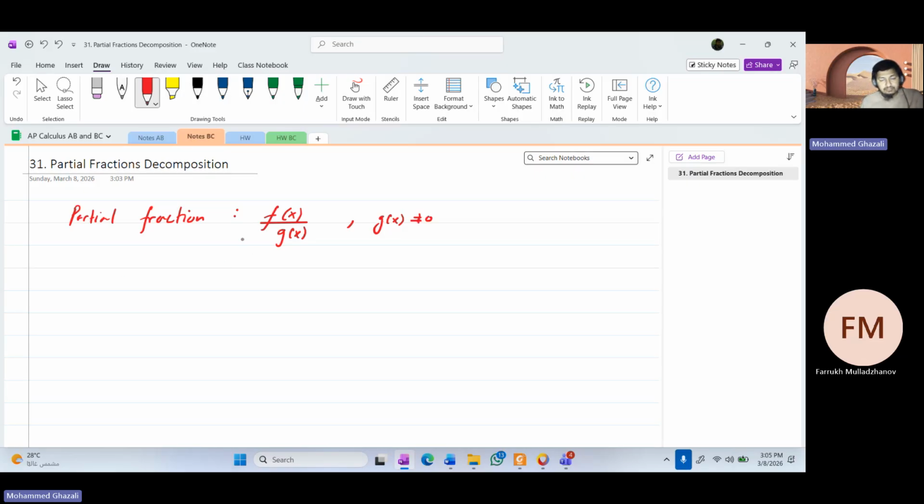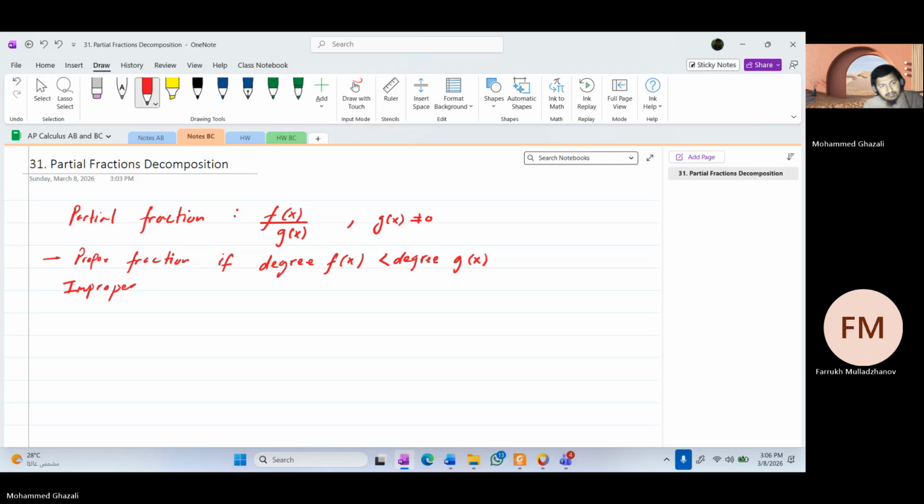Also note, we have proper fractions. We call those proper fractions if the degree of f of x, in other words the degree of the numerator, is less than the degree of the denominator. In other words, the denominator function is bigger than the numerator function. That's proper. And improper,